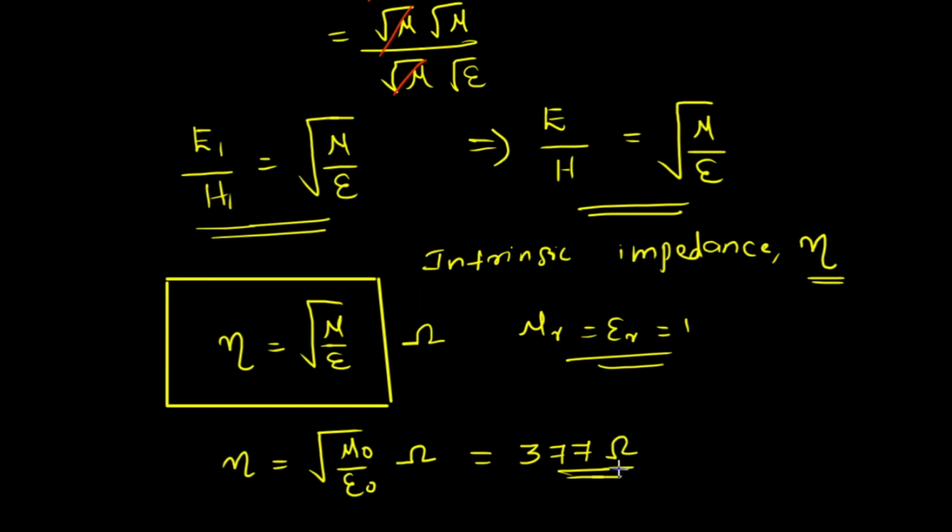So intrinsic impedance is a constant value if you are considering wave propagation in free space. The propagation of the wave will be affected by intrinsic impedance, but the effect will be constant. I already know the intrinsic impedance is this many ohms, so that value has some effect on the propagation of the wave.